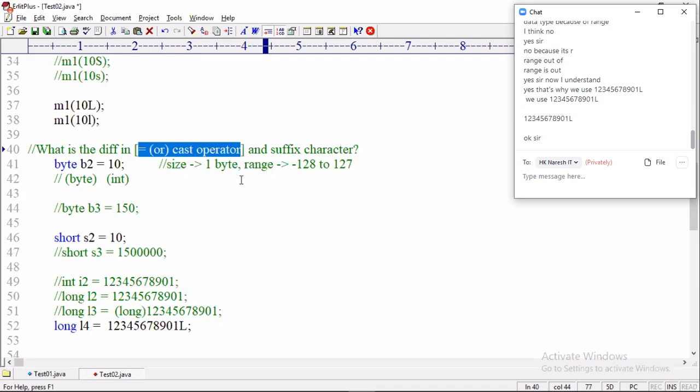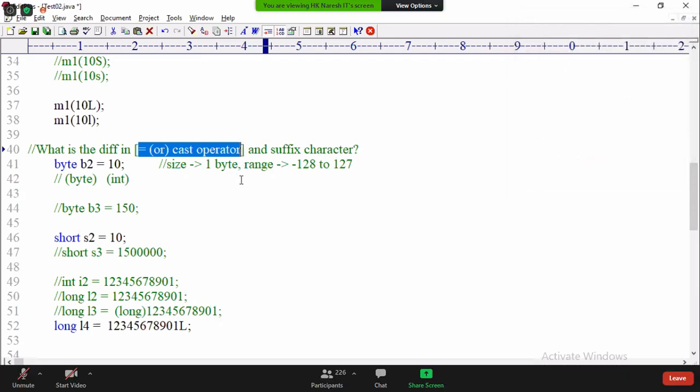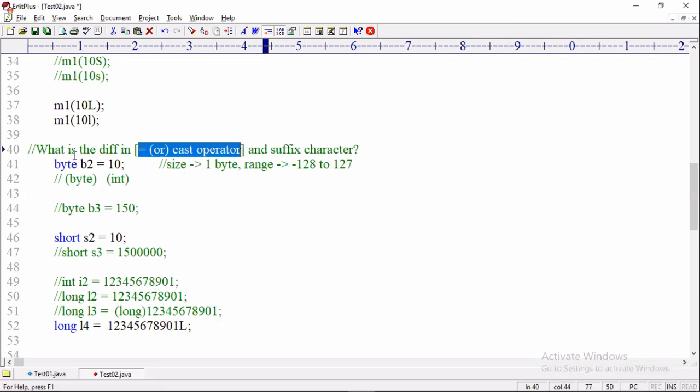The assignment operator and cast operator will not initially consider the value as the variable type or cast type. Here 10 is of type int. Here 10 is of type int. Here these numbers are of type int. If you want to consider the number itself as a long, then you must use the suffix L. Do you understand?